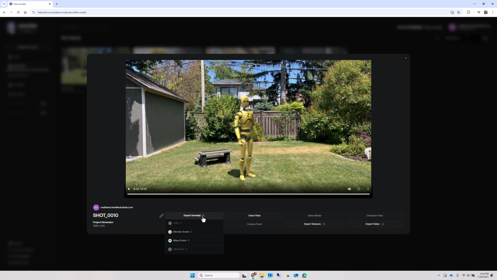Using a free tier, I can export either the entire scene, character and all, to Maya or Blender, or I can just output the more lightweight mocap skeleton if I plan to apply it to my own character. Paid tiers can also output the camera tracking for moving shots and alpha masks, which can help immensely when compositing into live action, though I won't need them in this case. Once they're done downloading, you just need to uncompress them somewhere on your computer.